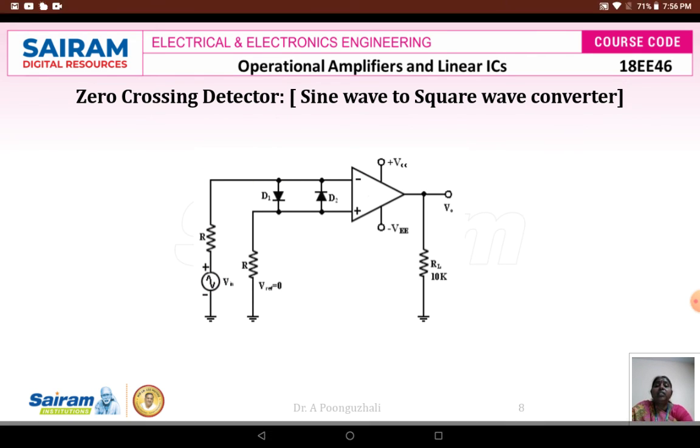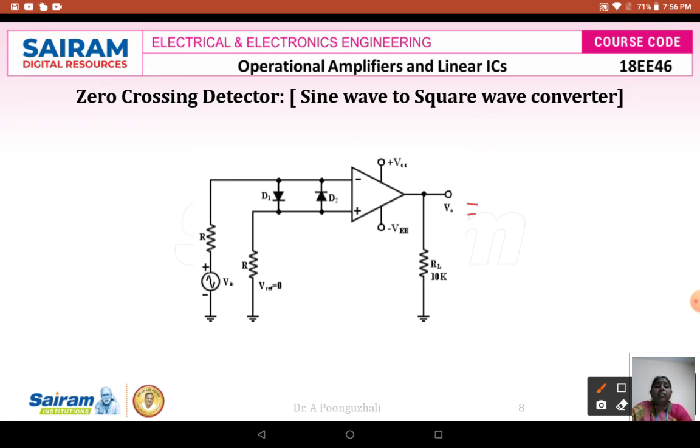Now we can see how it is going to operate. V0 is nothing but the non-inverting voltage, V reference, minus your V in voltage. You know that the reference voltage is going to be 0. So here it is your V in. V0 is equivalent to minus V in.